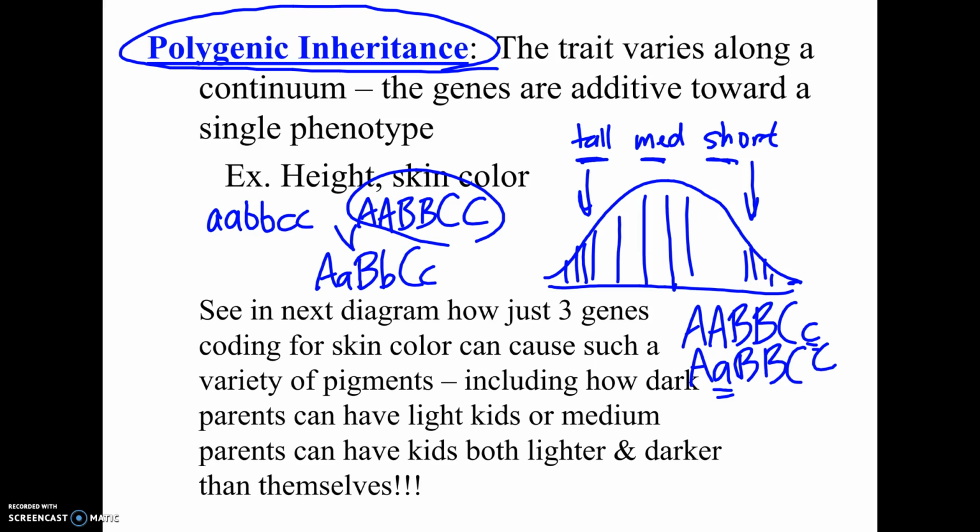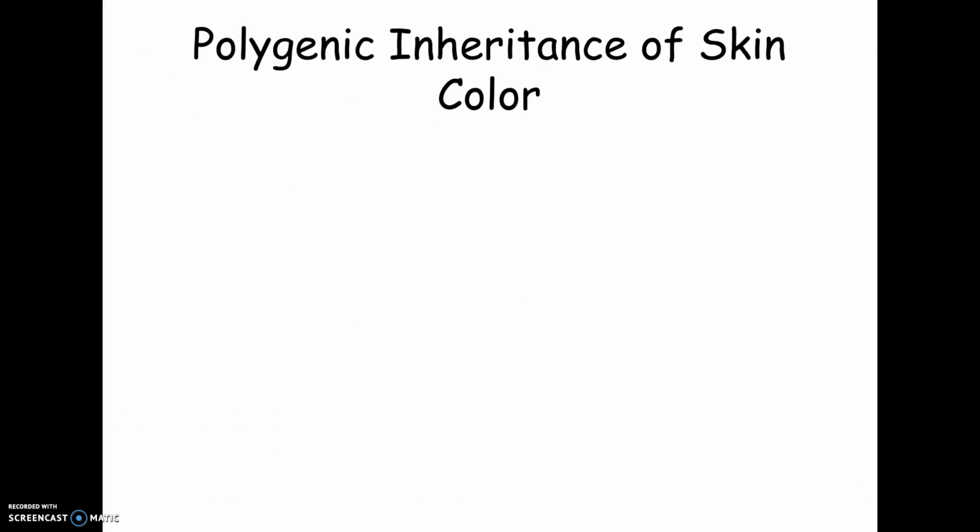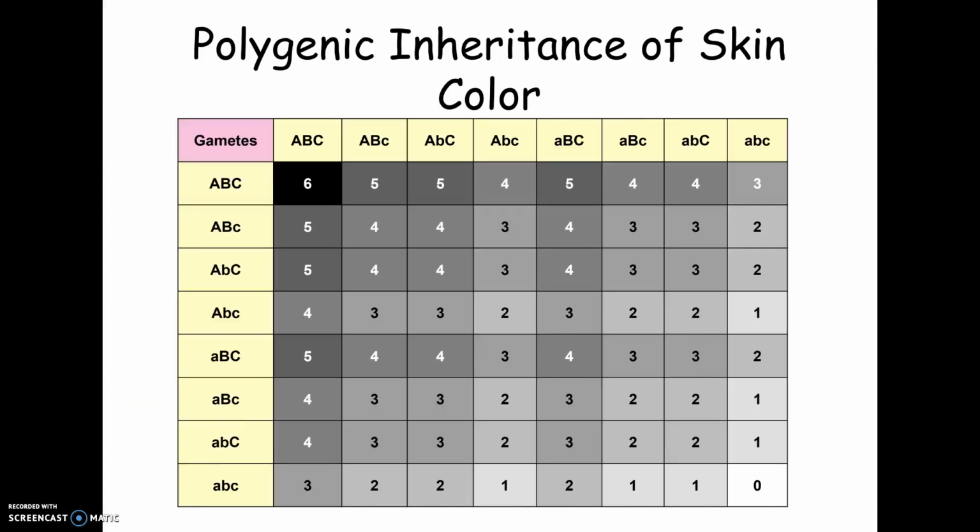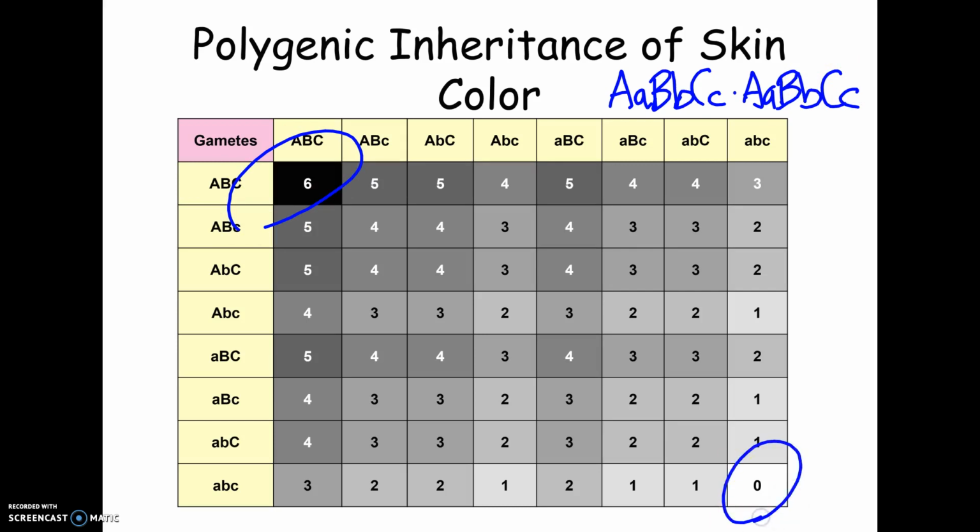So if you cross 2 people who were medium skin tone, and it was just controlled by 3 genes, these are all the different skin tones you could get. It would be possible for these 2 parents, both of them have medium skin, to have a child that was super, super dark, way darker than either of them, and have a child that was super, super, super light, way lighter than either of them. But the chances are rare. Most of the time, their kids are probably going to come out somewhere in here, somewhere in the medium range,